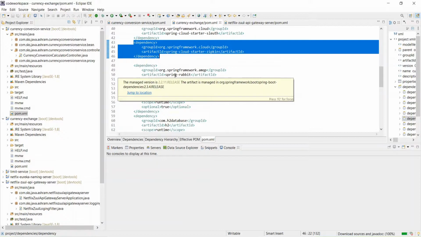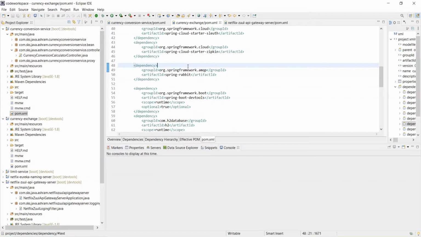And the Spring Rabbit is basically to connect the microservices with the RabbitMQ server. It uses the AMQP message protocol, so we need to add the AMQP dependency so that we can connect to RabbitMQ in all our microservices. So that's all. Now let's run one by one.